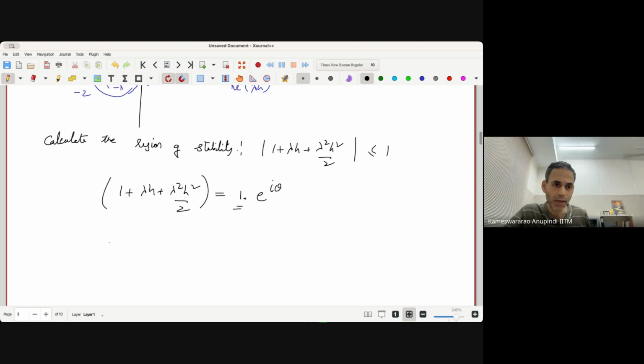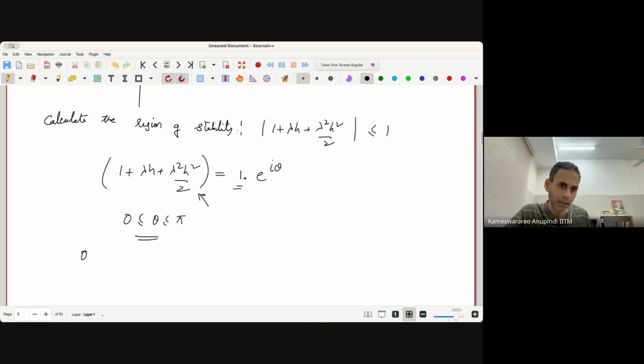And then we vary the value of theta, let us say 0 to less than 2 pi, or we can even only vary till pi because it will be symmetric for up and down. We can vary from 0 to pi, and then solve this equation, essentially obtain the roots of the above equation